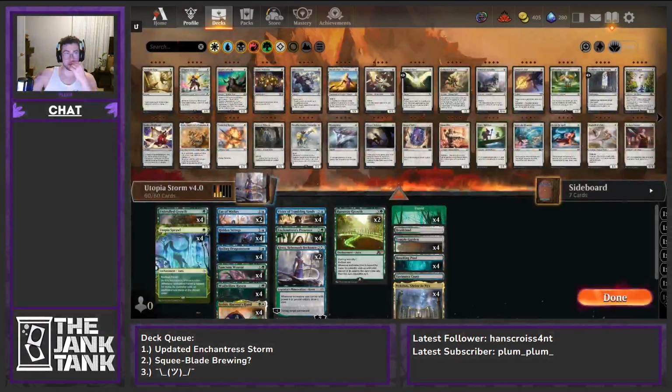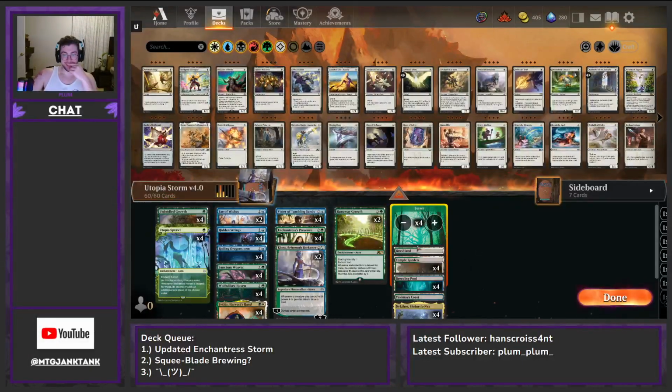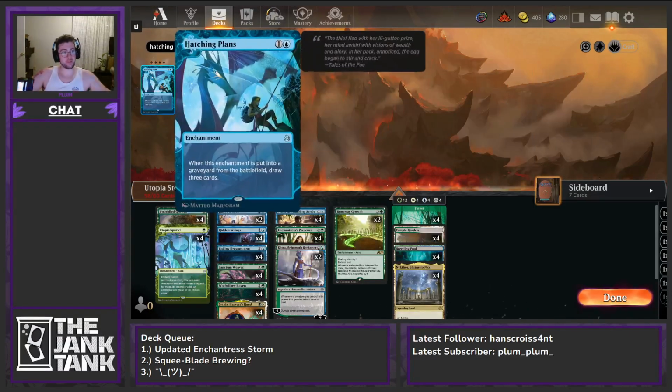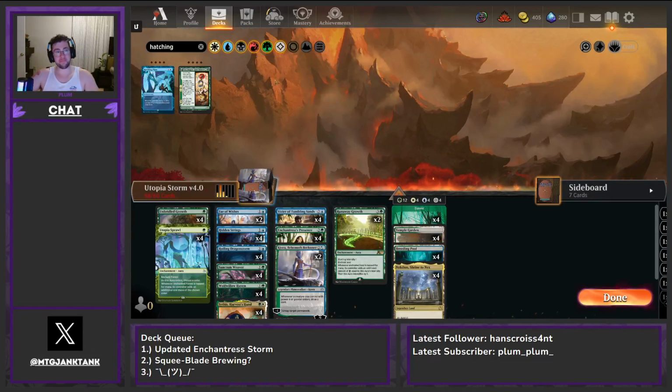My other idea is, let's cut 2 more lands, which does not seem like a good idea. Go down to, what, 16? And then, I don't know, we're already down our Kiora. What other... Do we have hatching plans? And this is put into a graveyard from the battlefield, draw 3 cards. There's also the option, like...